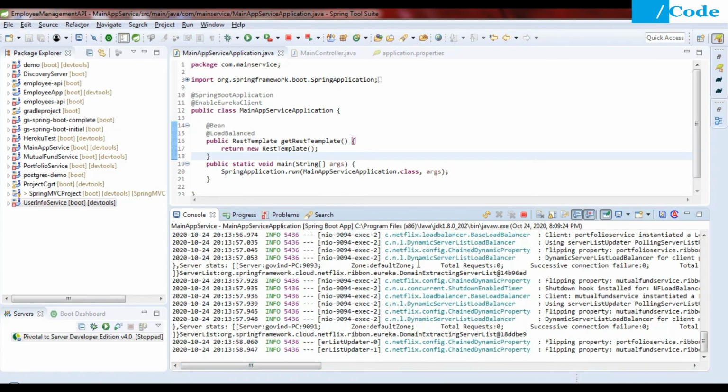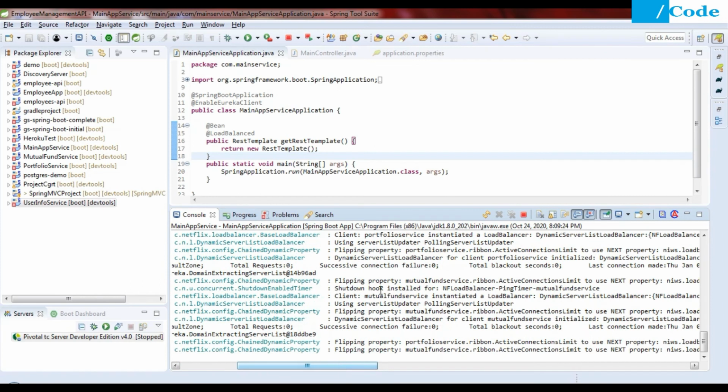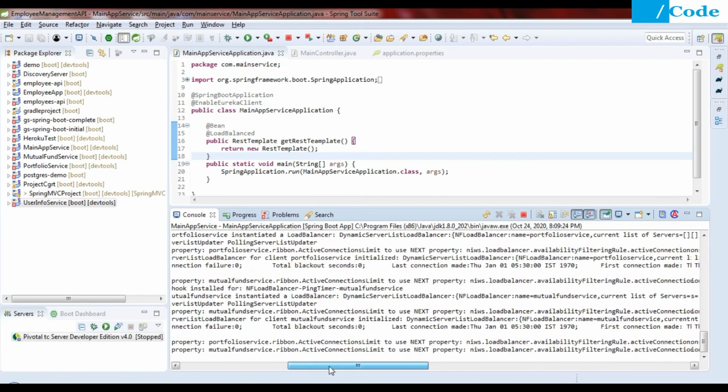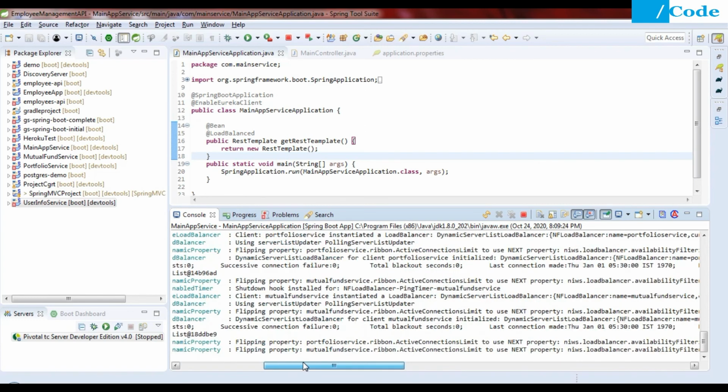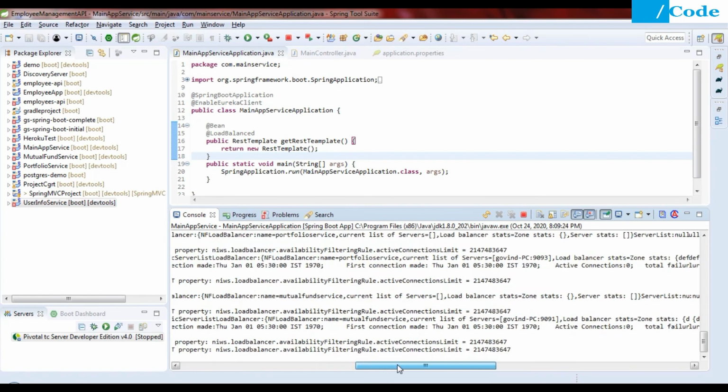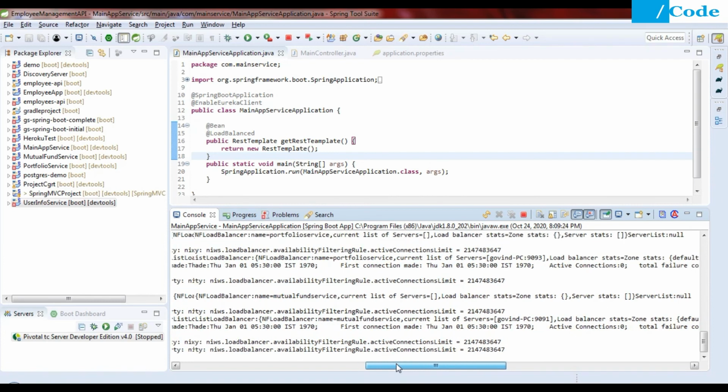Once we hit the request, it is checking the dynamic server list load balancer for the client portfolio initialized. Like this we are getting it, checking again and again for the load balancing, and depending on the number of requests, it is routing my request to one of the servers, whichever is the available server.